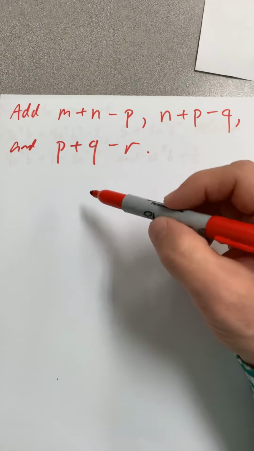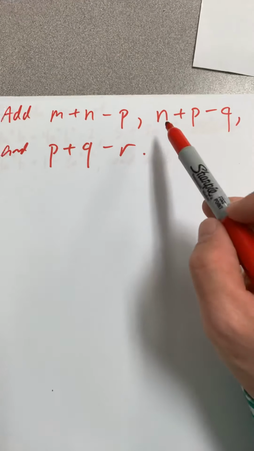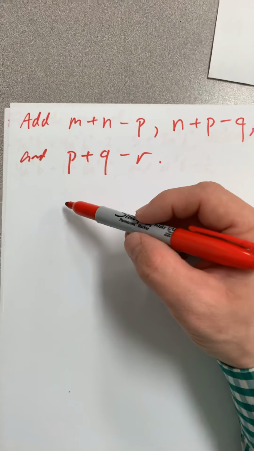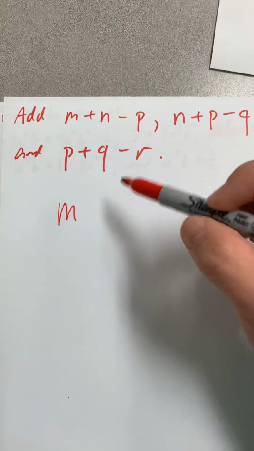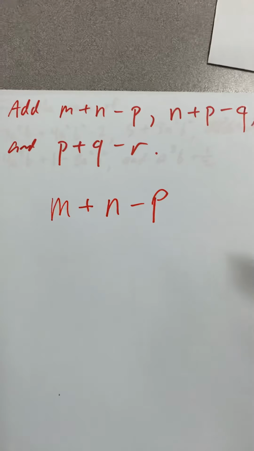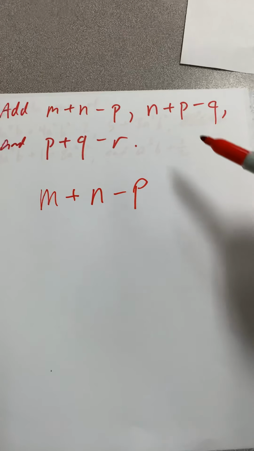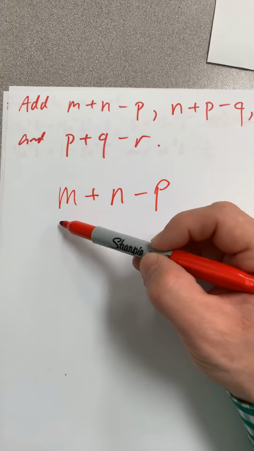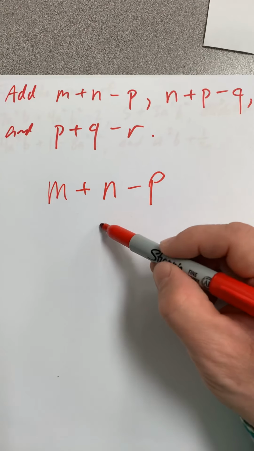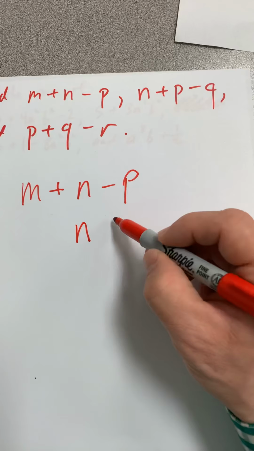All right, so we've got m plus n minus p, n plus p minus q, and p plus q minus r. All right, so what I want you to notice, I want you to pay attention how I arrange these. I'm going to write the first polynomial right there, okay? Now, when I write the second one underneath it to add it, I'm not going to put an n right here because you can't add m plus n. They're not like terms. I'm going to line up this positive n with this n. So n plus p